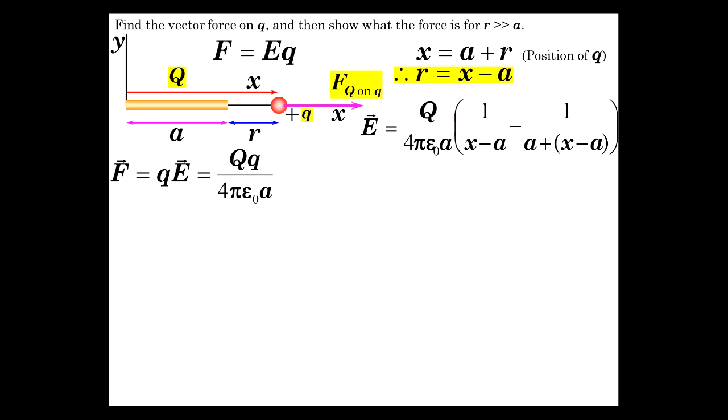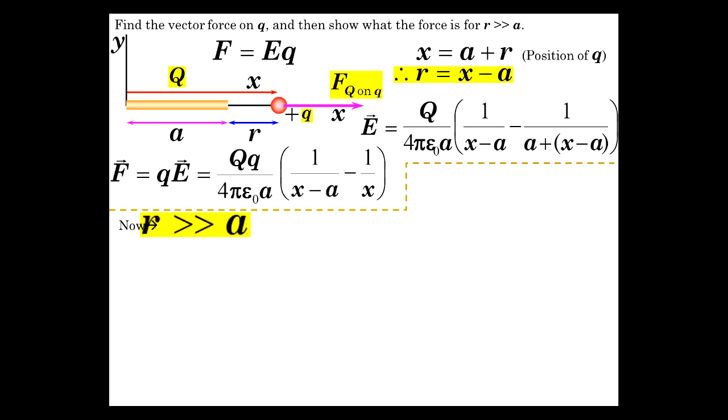So force, multiply the E field by Q, so here's the constant, times 1 over x minus a minus 1 over x. And there's our force with respect to x, given as shown. And now, when r is much bigger than a, then you probably could guess that as we go a long, long ways away from a, this charge, even though it's lying flat on its side, is going to look more and more like a point charge. I wonder if it would make any difference if this thing was rotated 90 degrees. Well, anyway,